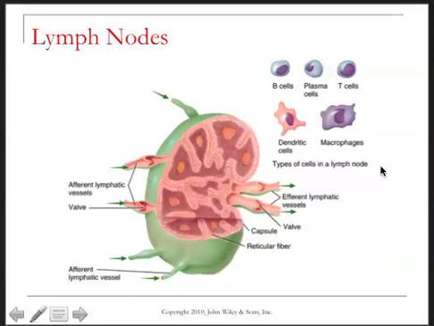And what types of cells do you find in here? Well, dendritic cells and macrophages, which are essentially antigen-presenting cells. And then these other cells, the B cells and the T cells, are part of our specific immunity. And plasma cells are essentially what a B cell becomes once it's been activated and is actively in the process of secreting an antibody, which again we can think of as a magic bullet designed to take out one particular